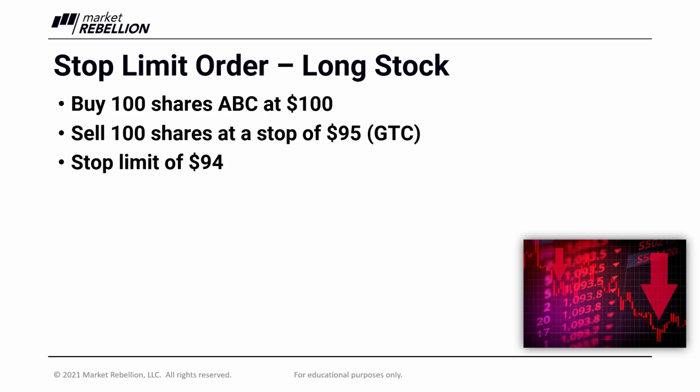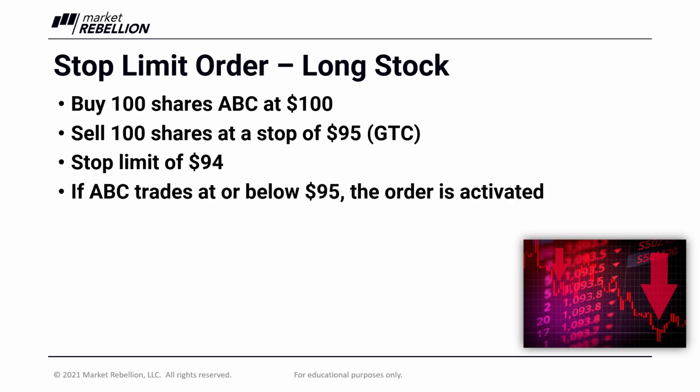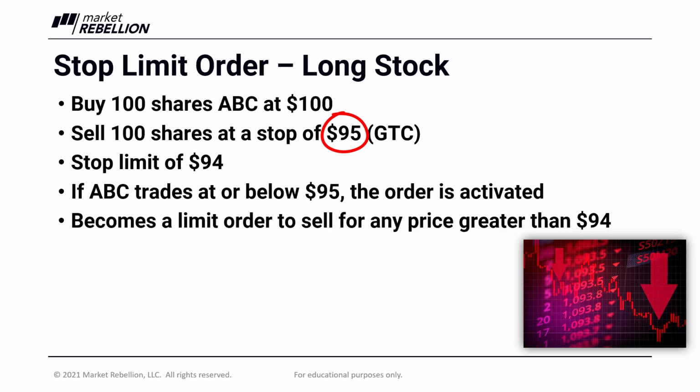You don't have to. You could make them the same. You could even make your stop limit greater. I could have made it 96. As you'll find out, that doesn't usually make a lot of sense, but the point is you could do it. But most traders will put their stop limit a little below to allow for some slippage, and that'll make more sense in a little bit. So what this order is saying is that if ABC trades at or below 95, that's the stop price, the order is activated, and it now becomes a limit order to sell for any price greater than your limit price